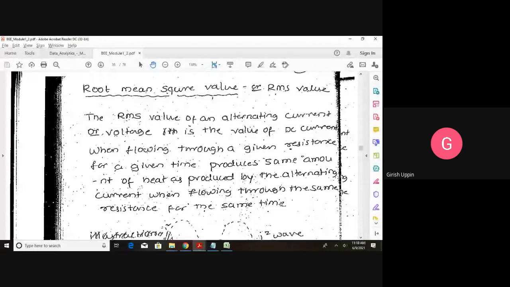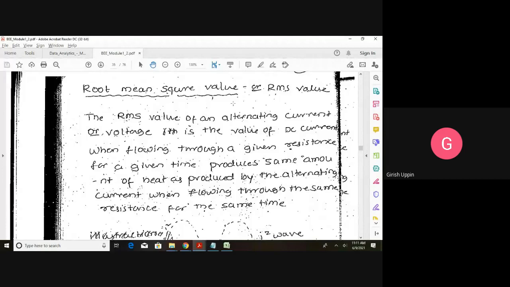But most of the time, whatever representation you see for the alternating voltage is the root mean square, RMS value. There is an inherent disadvantage with the average value: it is not a true representation of the amount of electricity. That's why there is another representation called the RMS value, or root mean square value. The RMS value of an alternating current or voltage is the value of the DC current which, when flowing through a given resistance for a given time period,